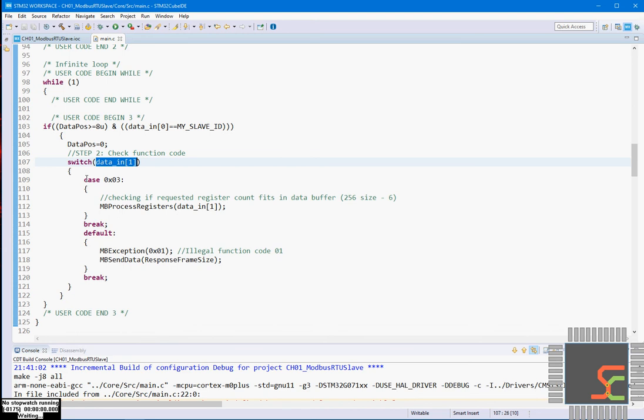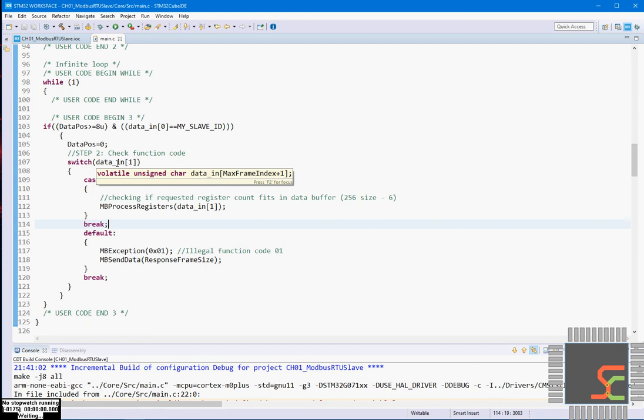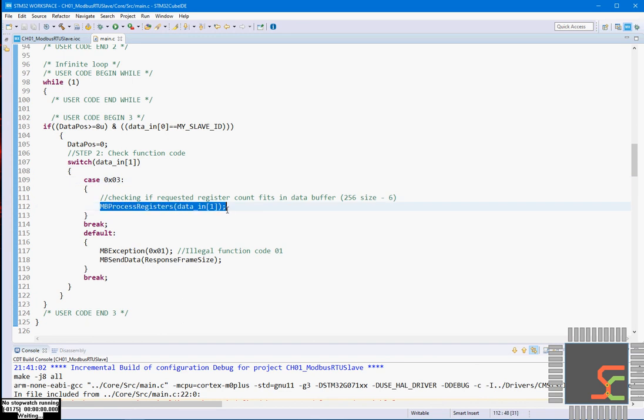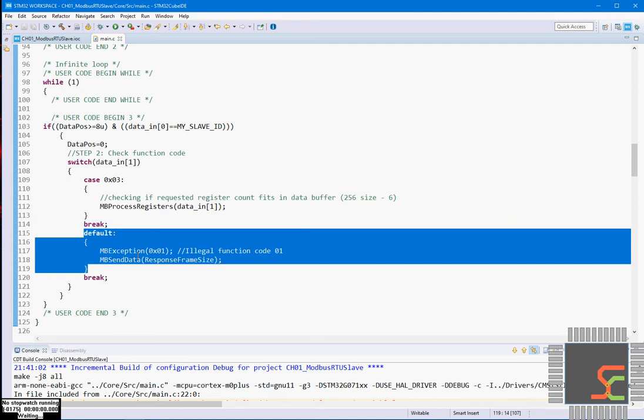Since we are implementing the holding register first, I have directly put case as 03, because the first index of the data in will contain the 03 hex value. So if I receive that, only then I will start processing. If I do not receive it, I will send exception code 1.